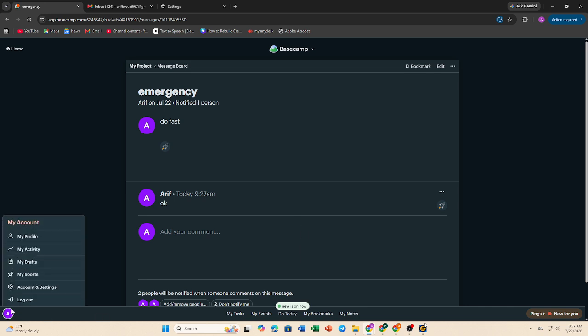And that's it. You now know how to integrate Google Drive with Basecamp and share cloud-based files more efficiently with